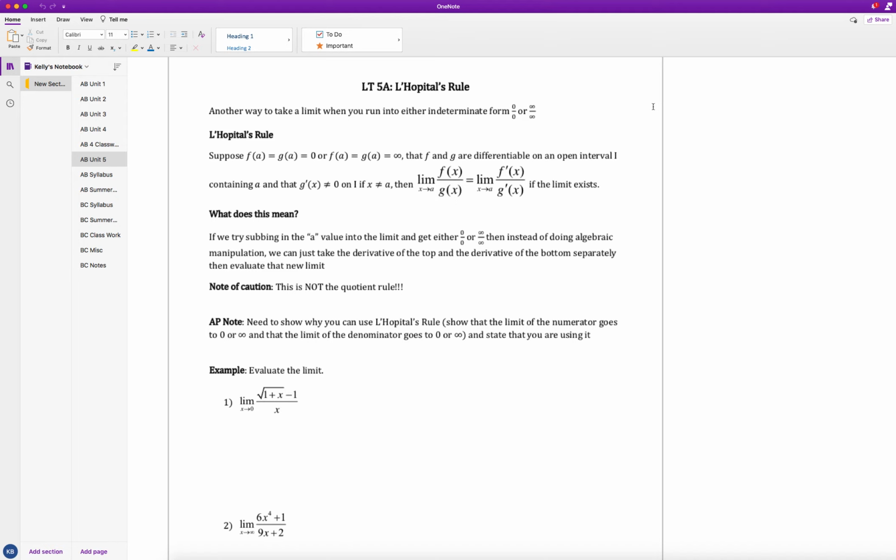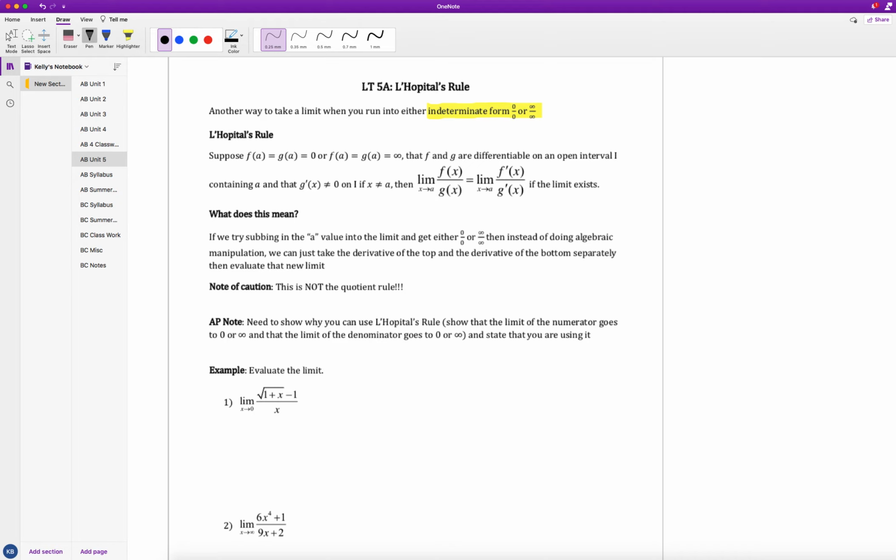So this is another way to take limits when we have this indeterminate form of 0 over 0 or infinity over infinity. If we don't have that indeterminate form, then L'Hopital's Rule will not work. So to read our L'Hopital's Rule, which is a theorem, it says that suppose that f of a, which would equal g of a, is equal to 0, or that f of a, which would equal g of a, is equal to infinity. So meaning when I do a direct sub in, a is the value that x is approaching in the limit. If I directly sub in and I get 0 for the function on top and 0 for the function on bottom, or if I directly sub in our a value for x and I get infinity for our value on top and infinity for our value on the bottom,